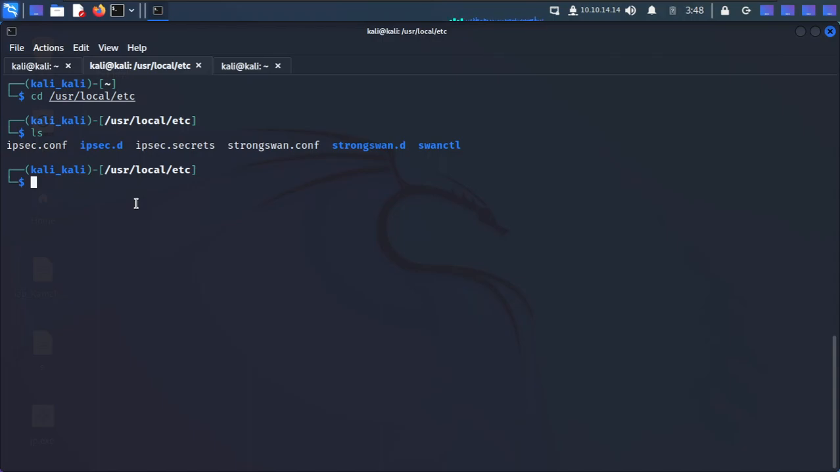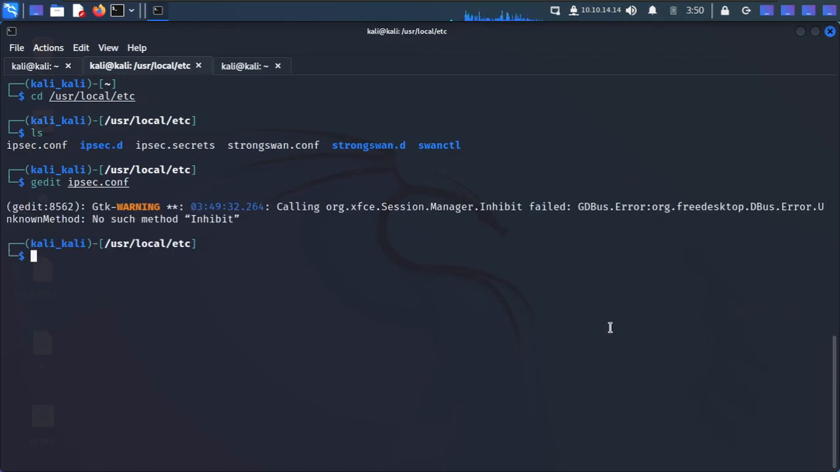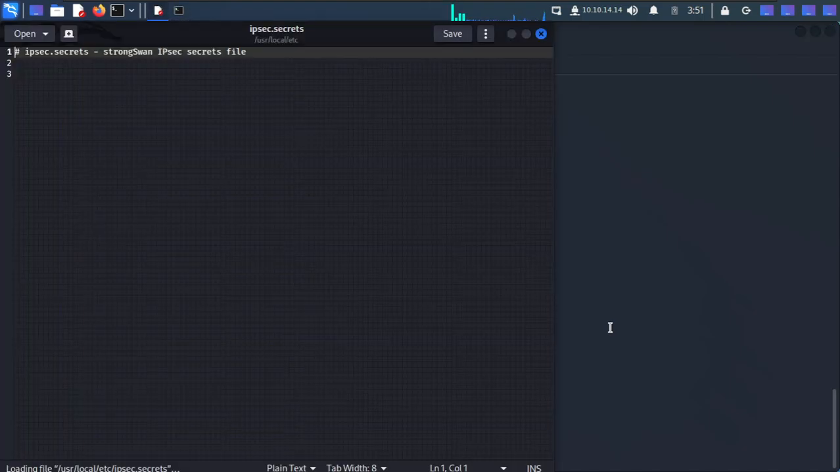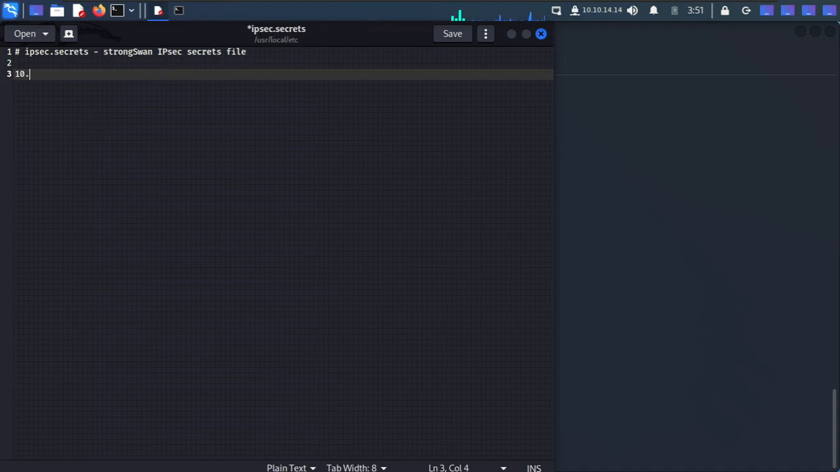So first of all let me check that. So here we have two files, config and secrets. Let's try to edit that ipsec config. For that we need sudo permissions, yeah. So now we try to edit with gedit. I am going to first make changes in ipsec.secrets. So here we have to put the IP address, our local IP address, that is